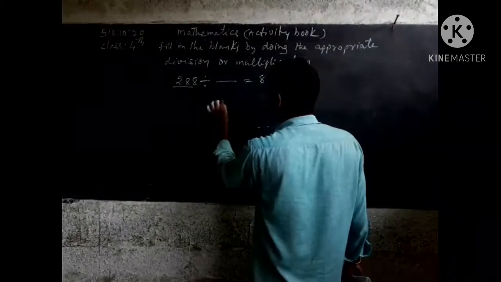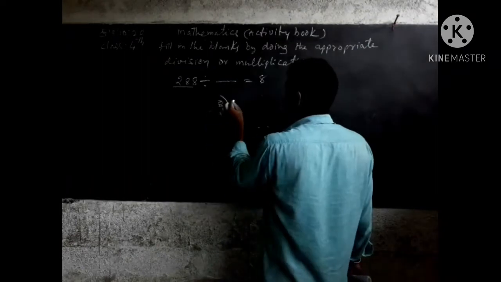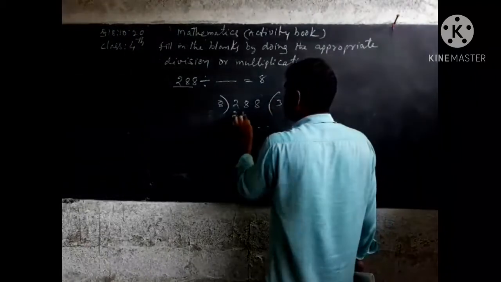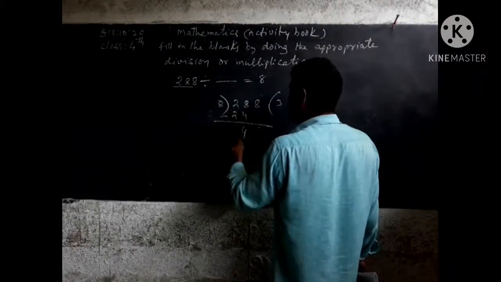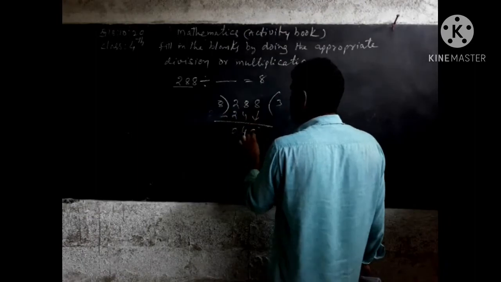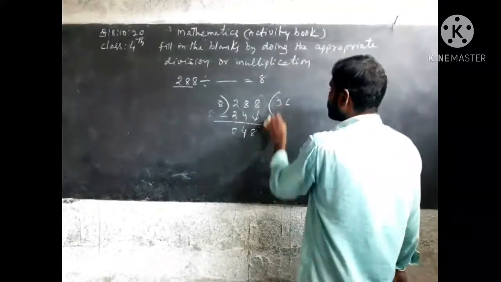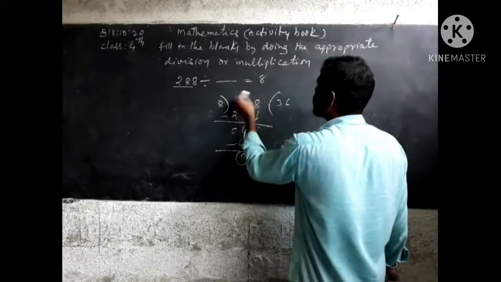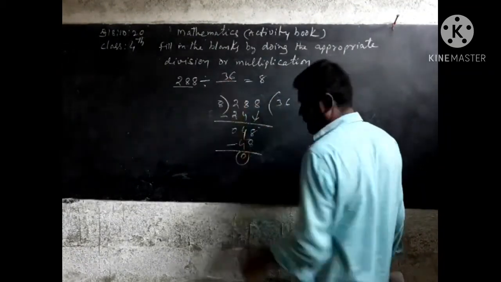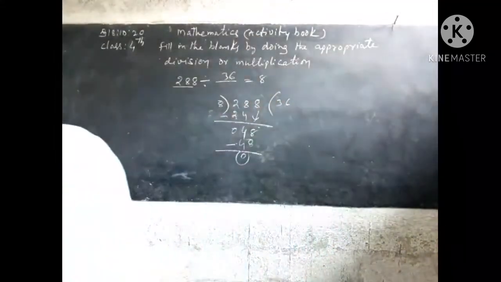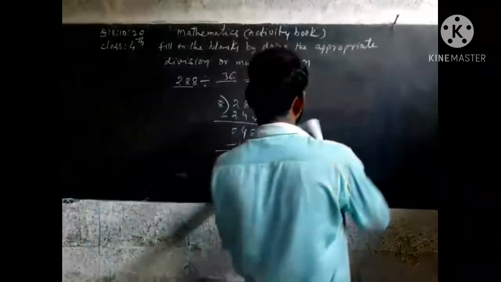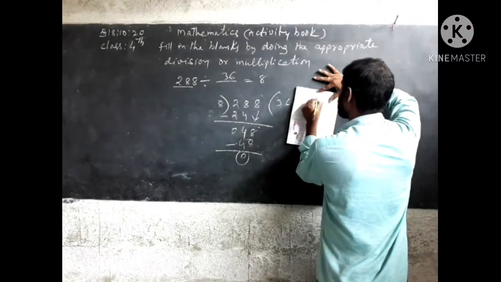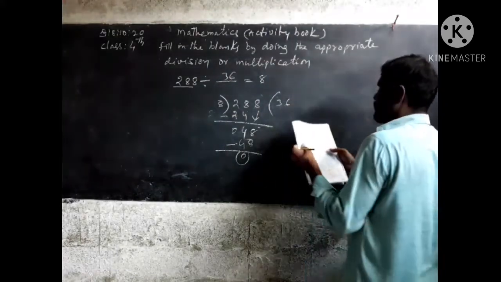Means 8 is taken as divisor, 288 is taken as dividend. So 8 3s are 24. 8 minus 4, 4. 2 minus 2, 0, bring down 8. 8 6s are 48. 48 minus 48. So you can write it here, 36. Now next,